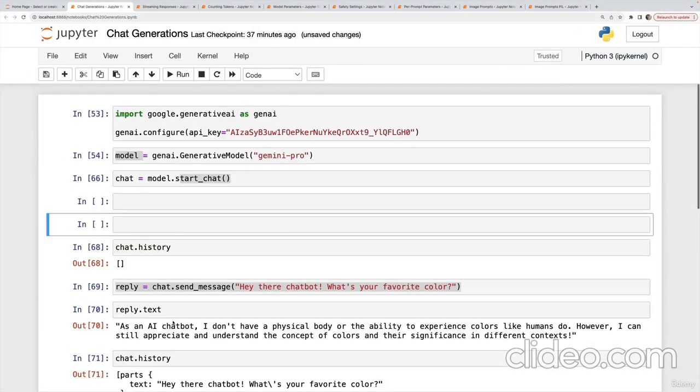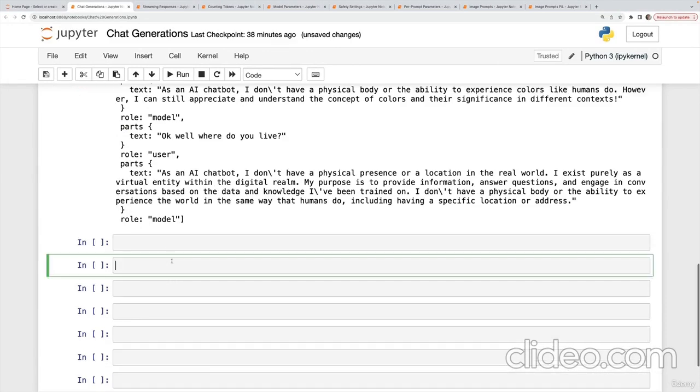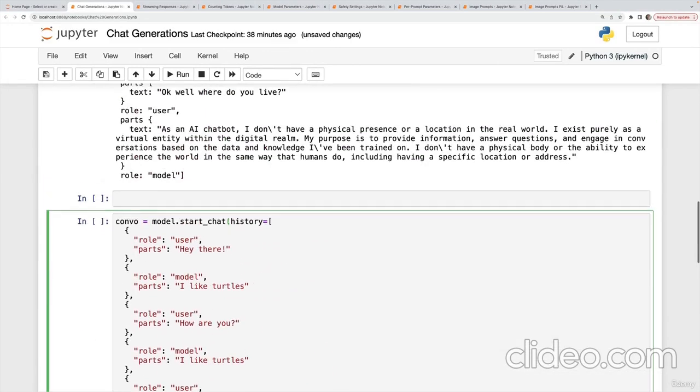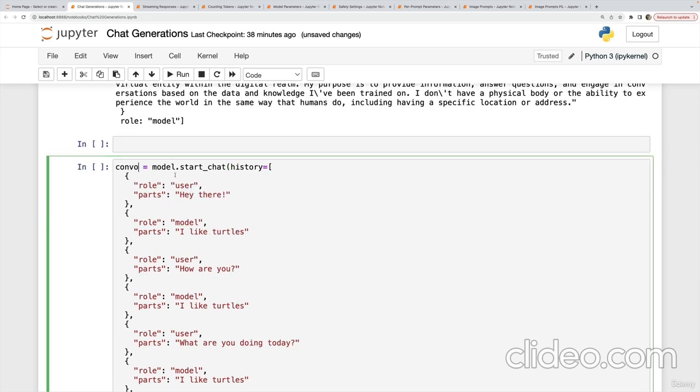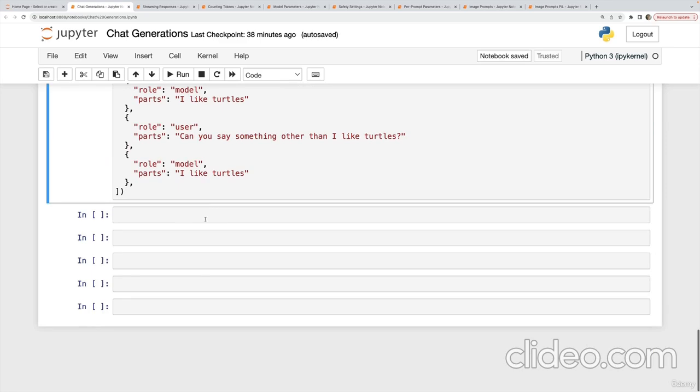I'll put this down at the bottom here. Let's go down. This is the new conversation that it initializes. Start chat, history equals an array or a list, so we can provide a starting history. The issue though, if I run this and I look at this